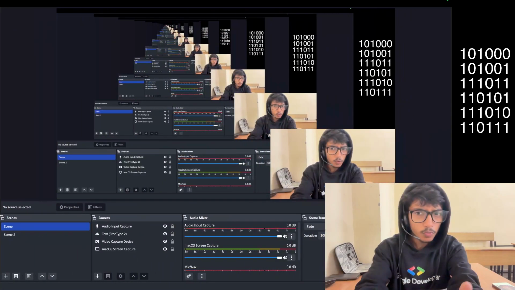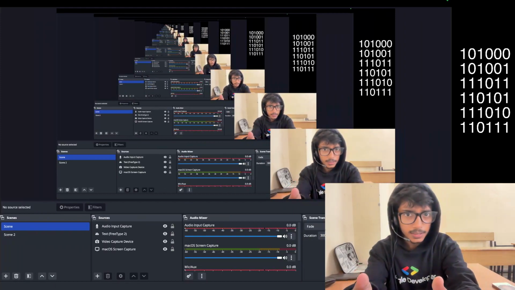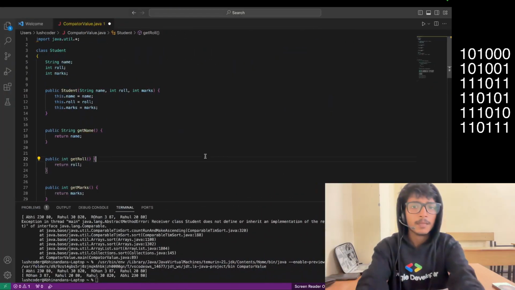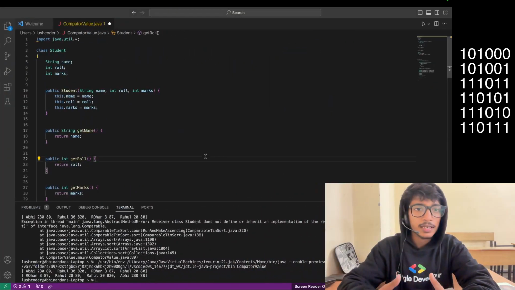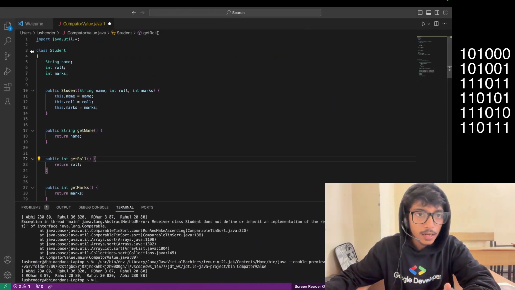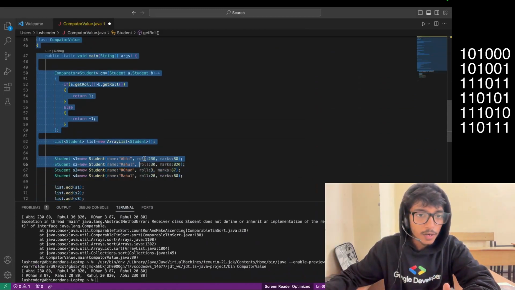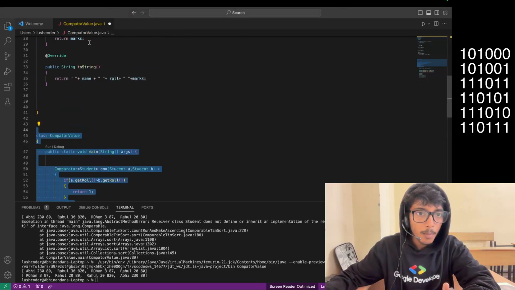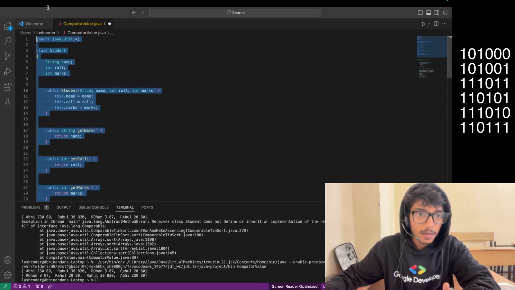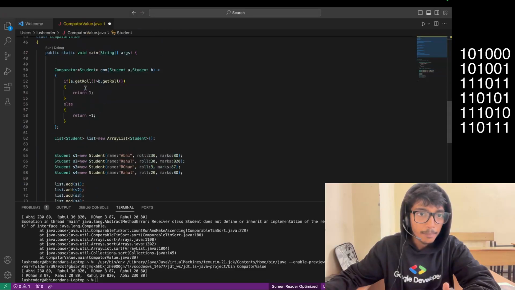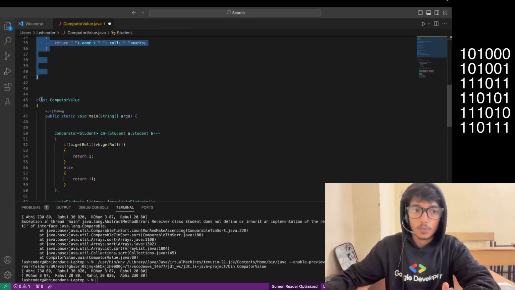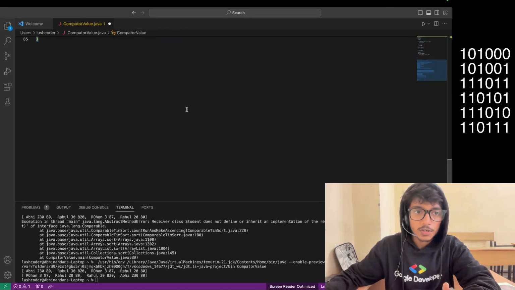So why are there two methods for it? If the work can be done by only one method, why is there a concept of comparable interface too? Let me tell you, if you're working in an organization, you are not doing the whole coding work. For example, the class student work would be done by developer number 1, and the main class work is assigned to you. Okay, so in order to sort them,